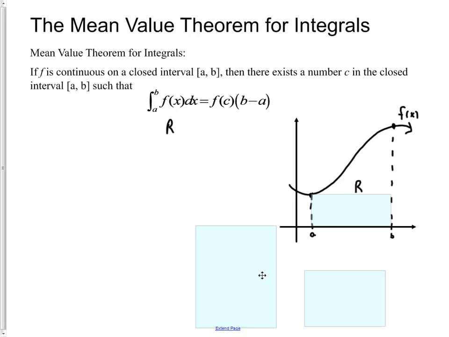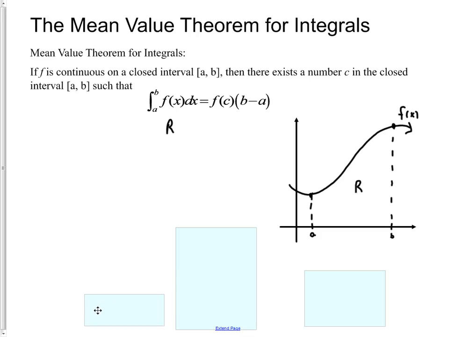We could also find a higher rectangle right here, a rectangle that would be bigger, this time at the maximum of the function's value on the interval from a to b, and use that as our estimate. How good an estimate is that? Well, obviously it's an overestimate of our actual area on the interval from a to b. Still, it is an estimate, and its width would be b minus a, and its height would be f of b in this particular example right here. But how do we actually get the estimate? Well, what this rule is telling us